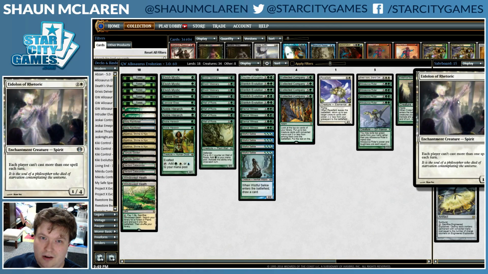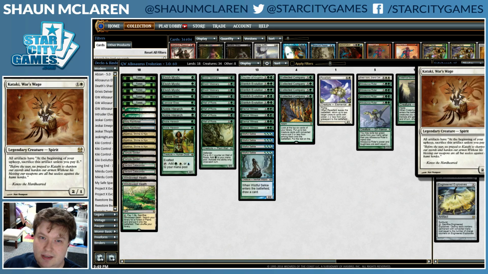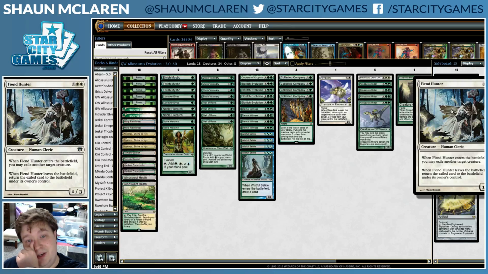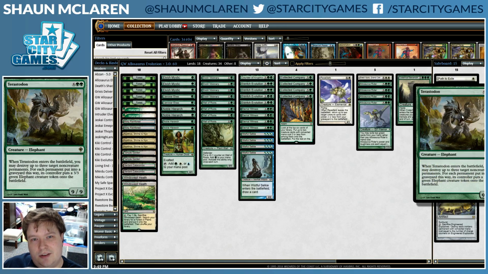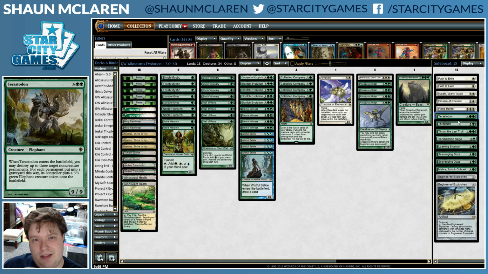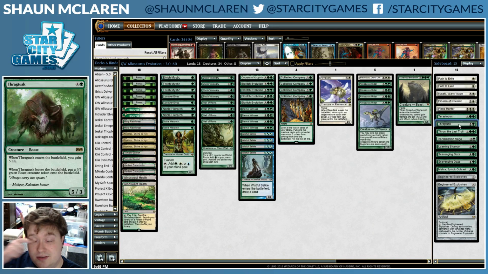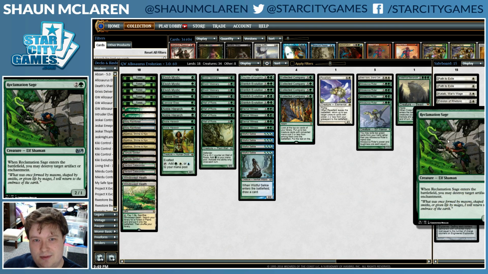So Eidolon for Storm decks, Kataki for Affinity decks, Fiend Hunter for creature decks, Terastodon for Tron decks or big land decks, Thragtusk, life gain against burn decks, Thrun against control decks, Reclamation Sage,